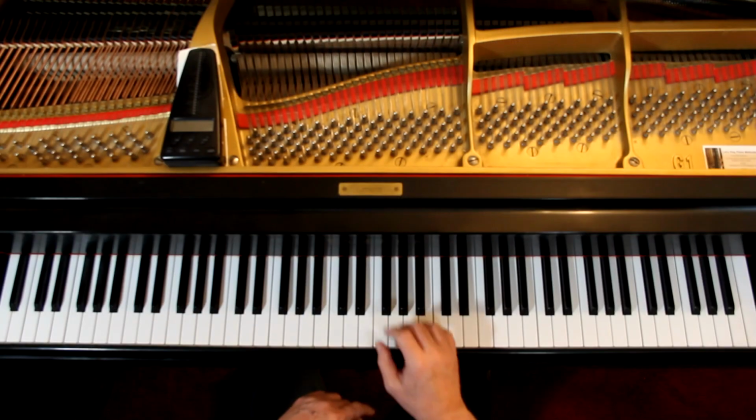Page 14, Romance. 4/4 time. There's one sharp in the key signature, so is it G major or E minor? Because both of those keys have one sharp. Well, look at the end, at the bottom of page 15. The last couple measures is